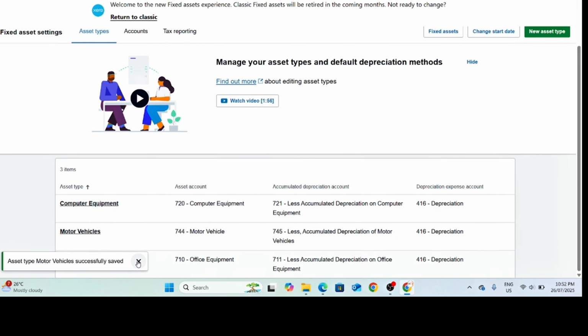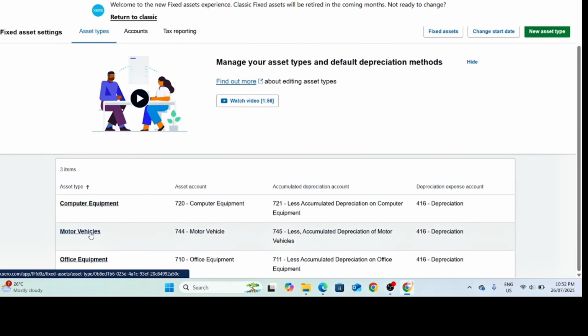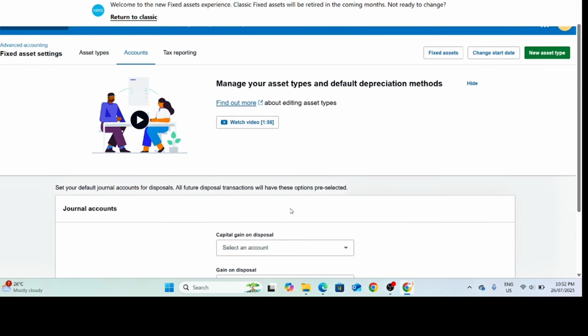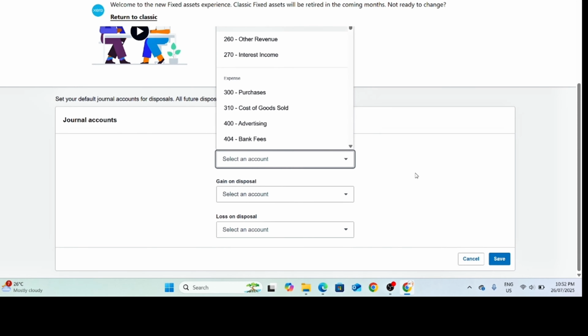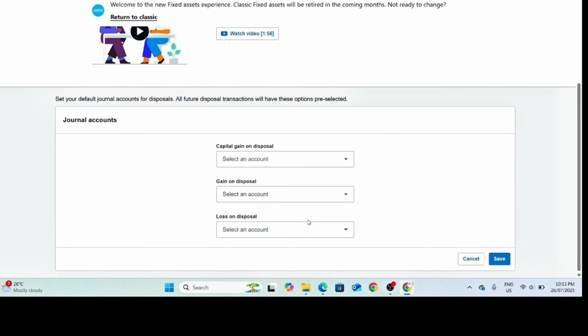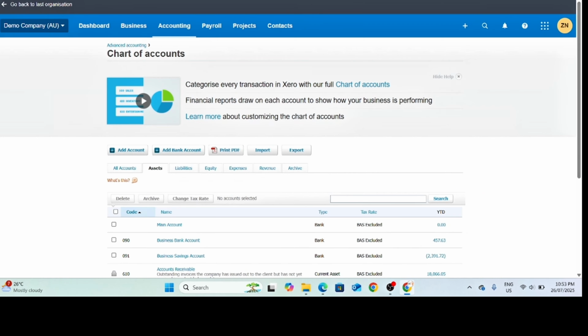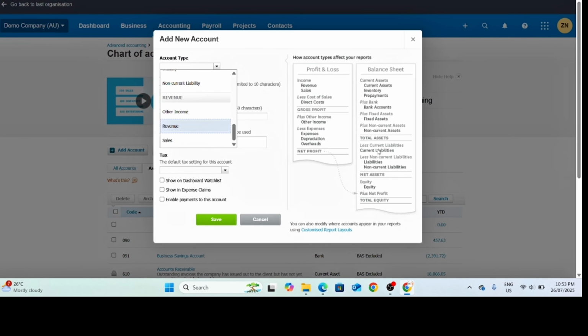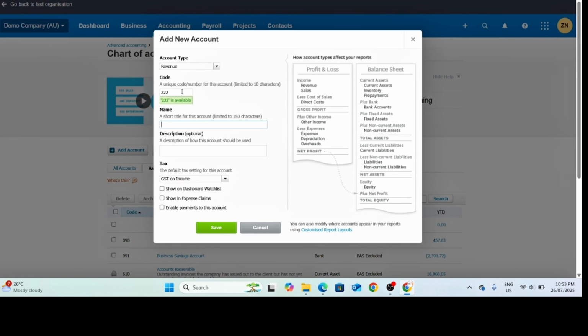Okay, so we've got that new asset as motor vehicles here. And then the second thing you would need to do is create an account for the capital gains. This happens when you make a sale where the capital gains or losses need to be posted. Ideally, you need to create a revenue account. Just follow the steps. Add account, go to the very end, revenue. You can choose any code you like, so 222, you would say it as